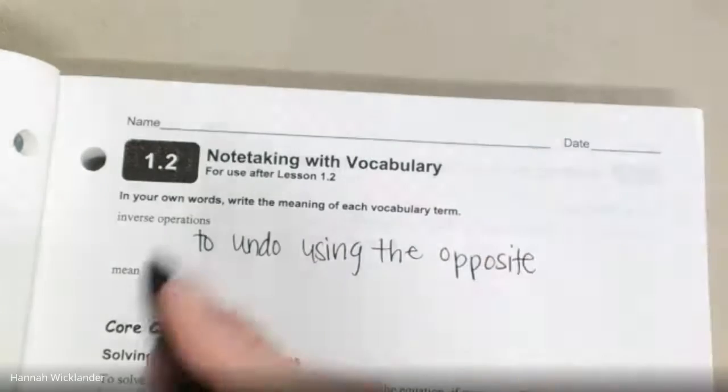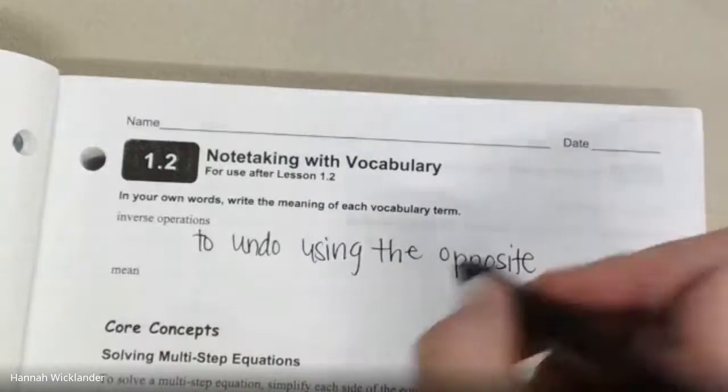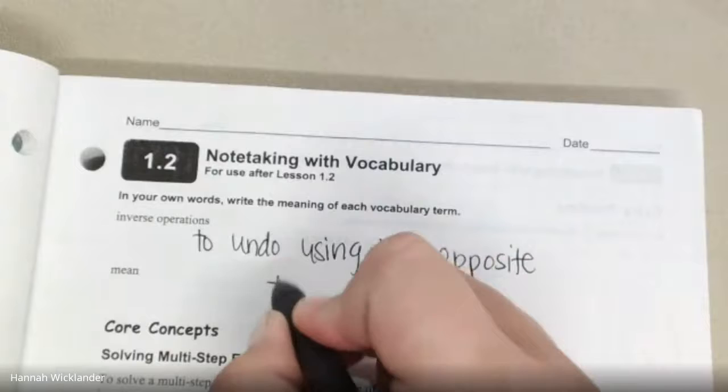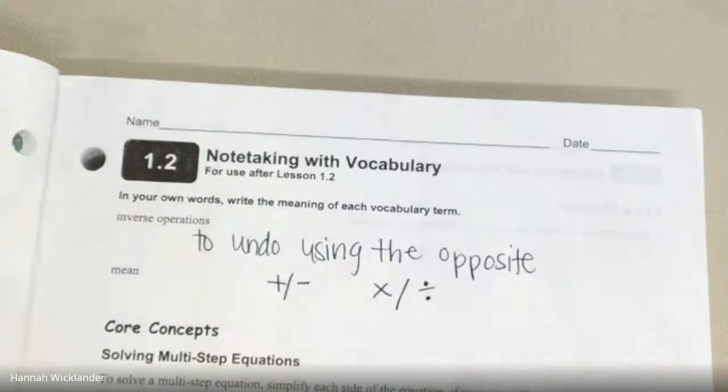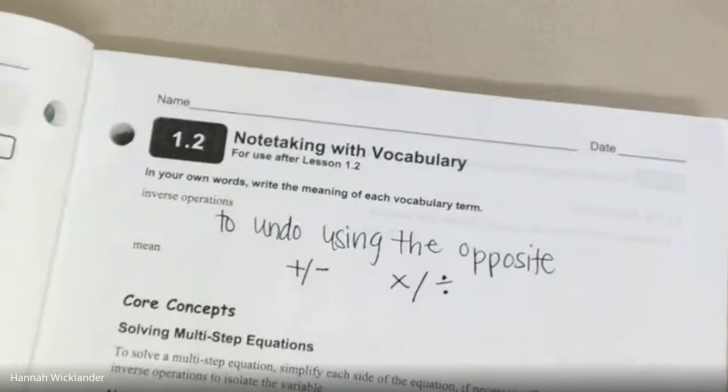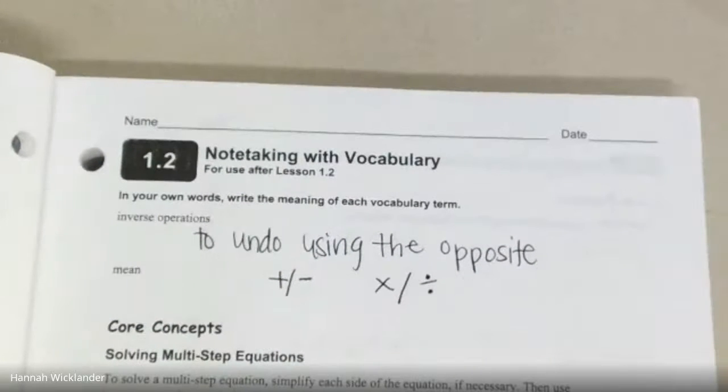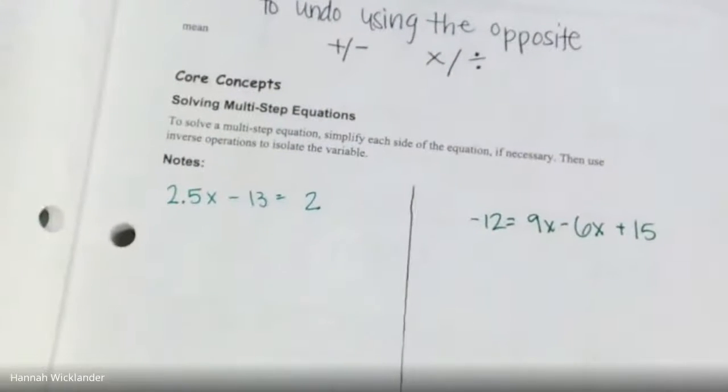So when I say inverse, it's just using the opposite to undo something. So addition and subtraction, or multiplication and division are inverse operations. So I'm going to do 2 examples, and then we're going to work on the homework together,